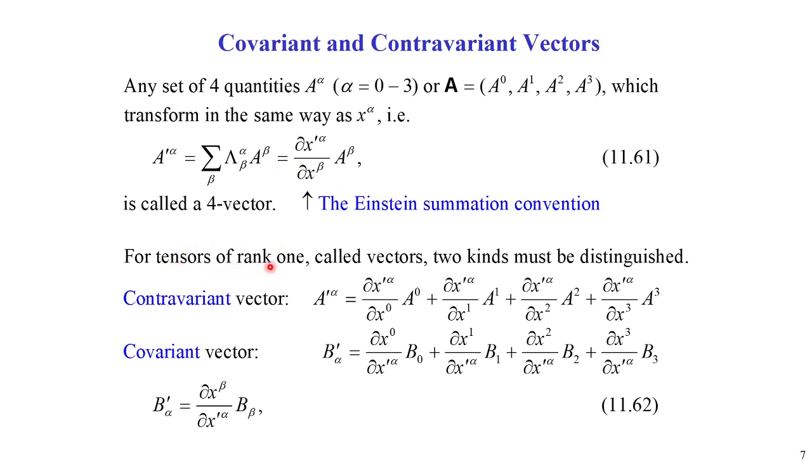We call them tensors of rank 1. Obviously, later on, we have tensors of rank 2 and tensors of rank 3. Tensors of rank 1 we call vectors. Two kinds must be distinguished. One is contravariant vectors, A prime alpha, so the transformation is exactly the same. The other is the covariant vector,